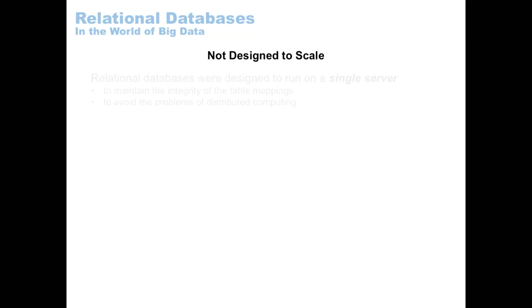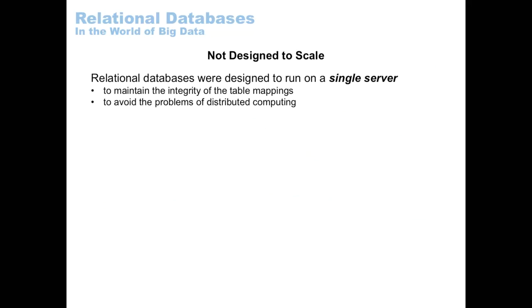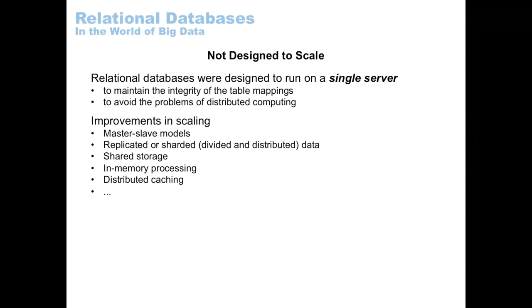So they're also not designed to scale. They were designed to run on a single server, to maintain integrity of the table mappings, and to avoid all of the problems associated with distributed computing. There've been a lot of attempts to improve scaling for relational databases: master-slave models, replicated, sharded, which is divided and distributed data, shared storage, in-memory processing, and distributed caching. These have been more or less successful